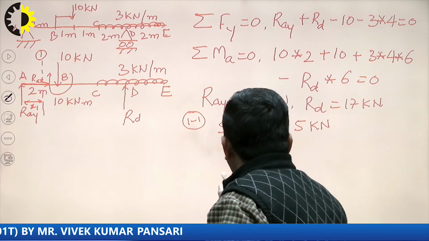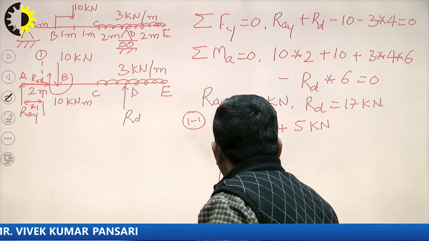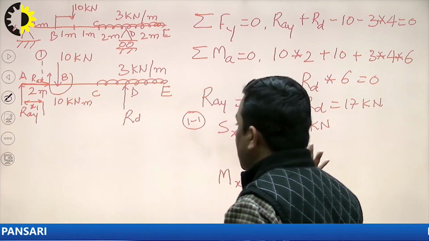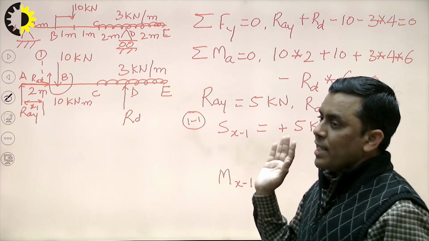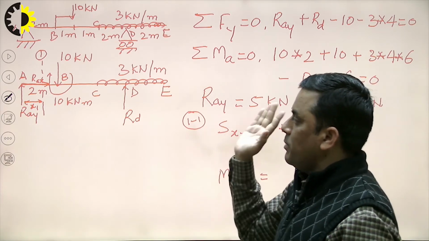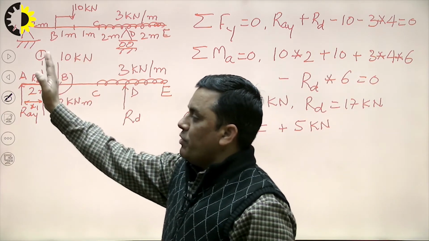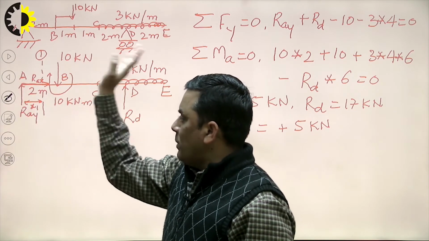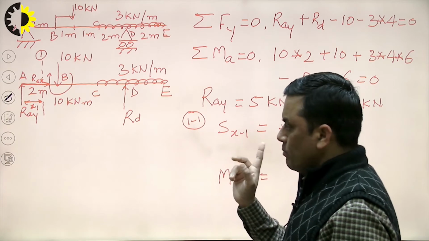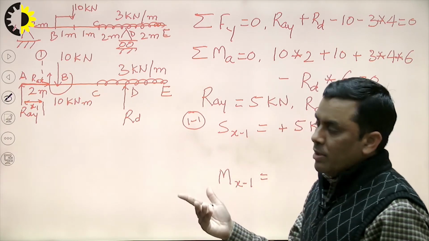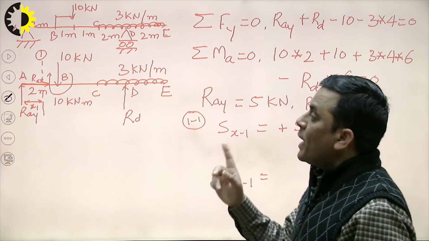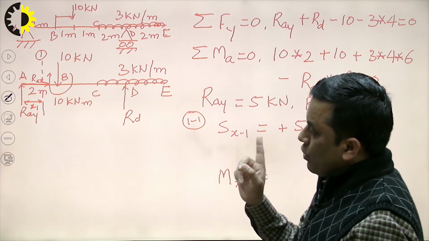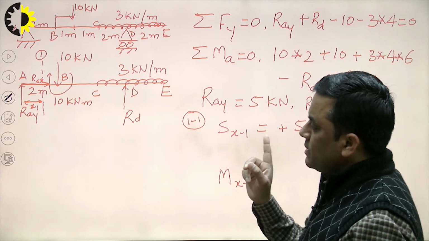Similarly, I can write the bending moment equation also. Bending moment equation here I can write Mx1. It is the algebraic sum of all the moments acting on either side of the section plane. Here I am considering the left side, so obviously I will be taking the left side moment. One force is there, so obviously one moment will be there, at the section plane. RAY is the force and the distance of this RAY from the section plane is x1.